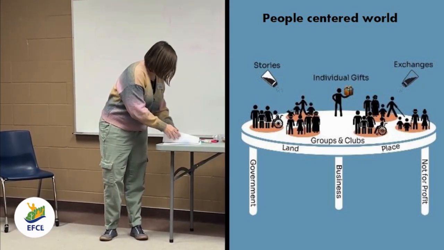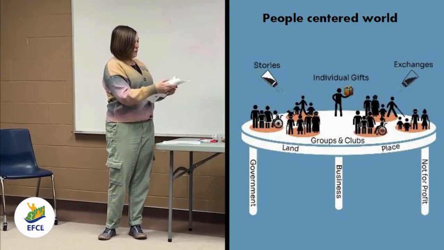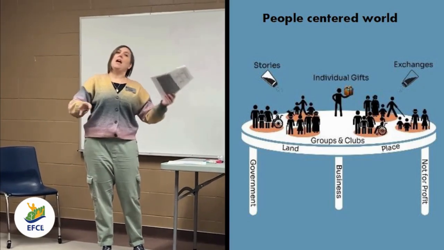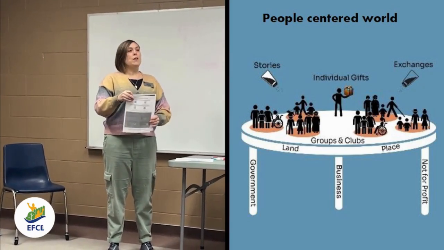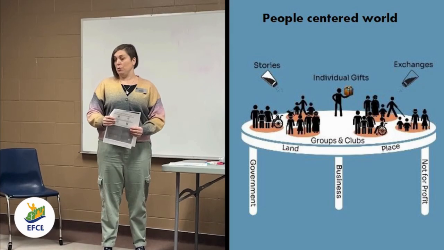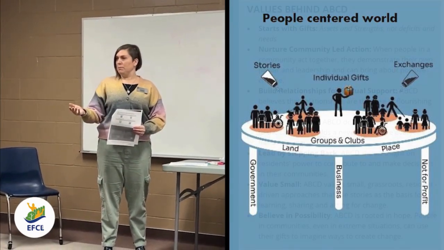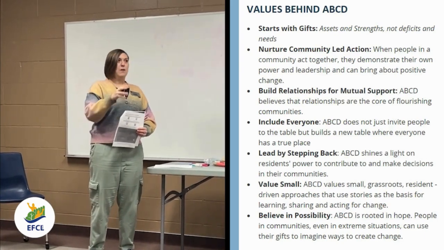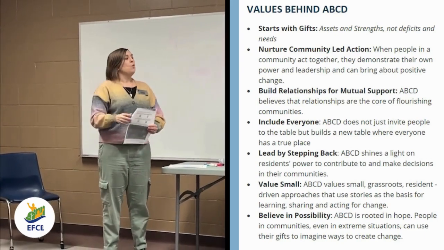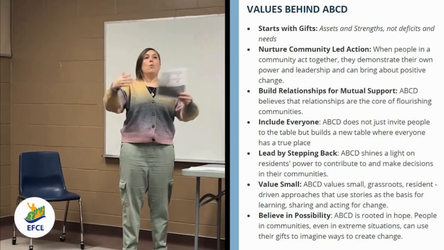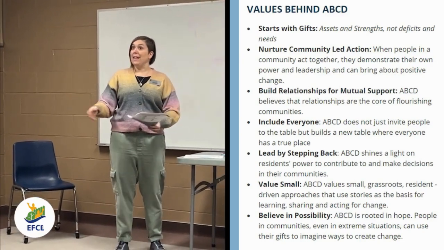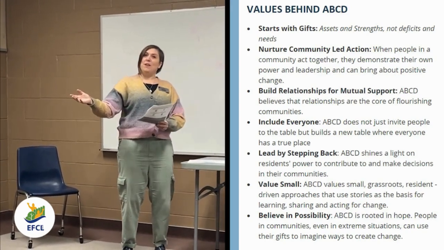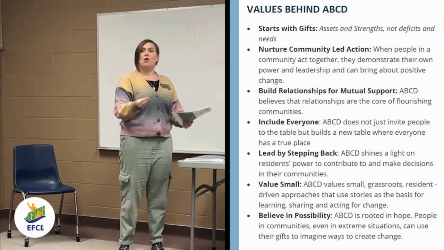So on the second page, it has a little chart that's kind of looking at when you approach things from a deficit-based perspective as opposed to asset-based. So when you come from a deficit-based perspective, which is what we tend to do, you look at what's the problem, and then you go from there. So we have this problem. How do we get money to fix it? Or how do we find a program to fix it? Whereas if we start with the asset, which is what are the interests and the needs and the gifts that we have in the community and what can we do with that? We actually incidentally fix those problems, but we're doing it from this asset-based perspective instead of starting with the problem.